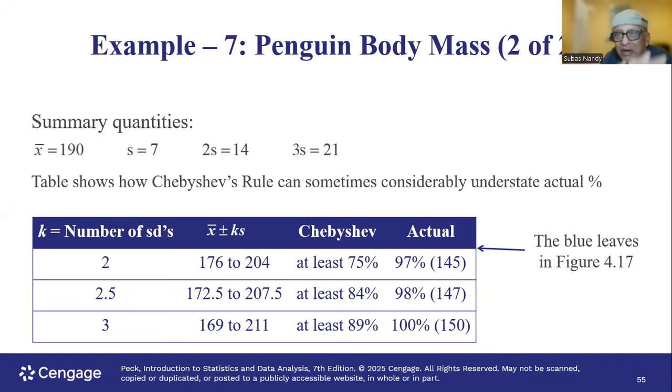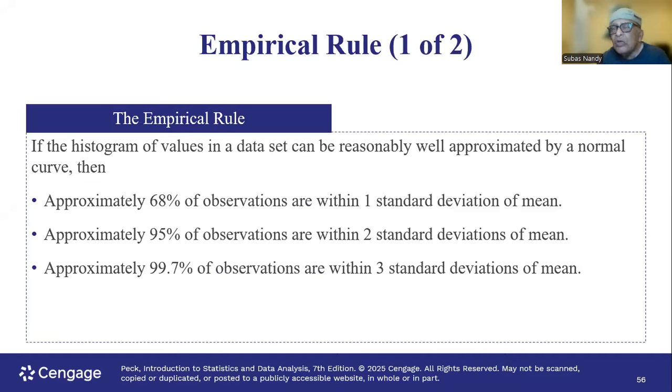89% is the minimum percentage of data between those two. Actual data is 100%. So that's what Chebyshev says. Important thing to remember: Chebyshev applies to any kind of probability distribution. It does not have to be bell-shaped. Okay. When the probability distribution is bell-shaped, we apply the empirical rule, and the "at least" term is replaced by